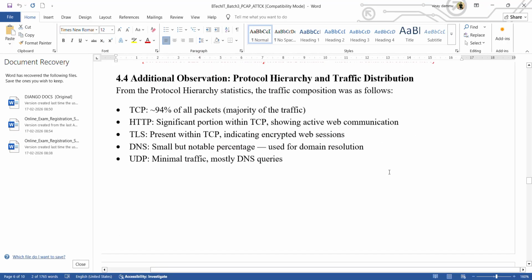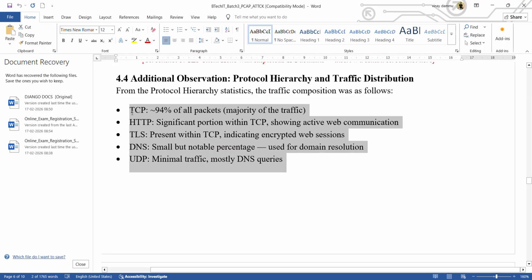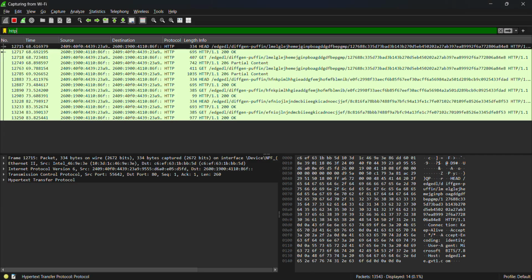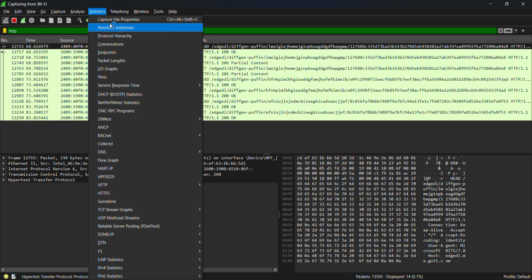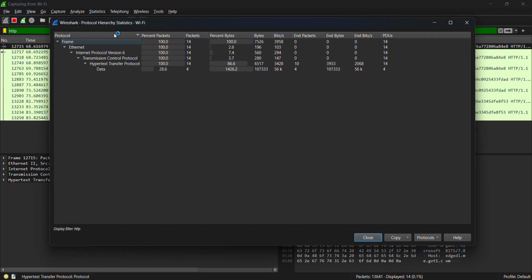And additional observations: TCP at 94% is the majority of the protocols over TCP/IP. There you can see